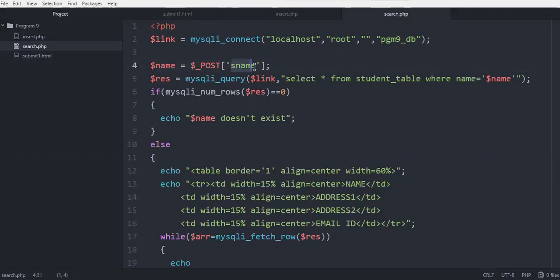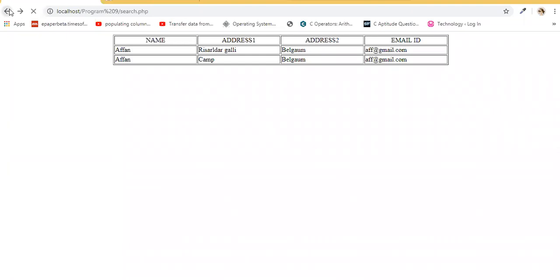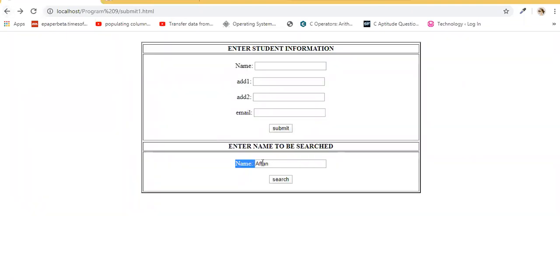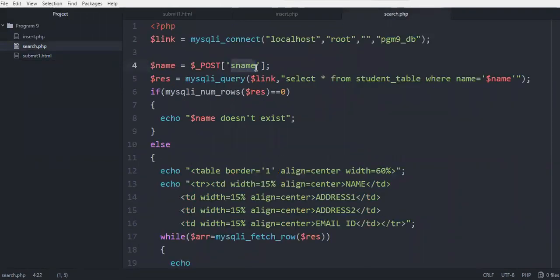That is, this S name is coming from this particular form. You can see here name, input type is text and name is S name. Let us have a look at the form here. So this is the input type name and the name that is given to this text box is S name. Then we have a button here. So this particular value, when the user enters the data into this text box, is going to be fetched here through the method post, because we have also specified the method for the search operation as post.